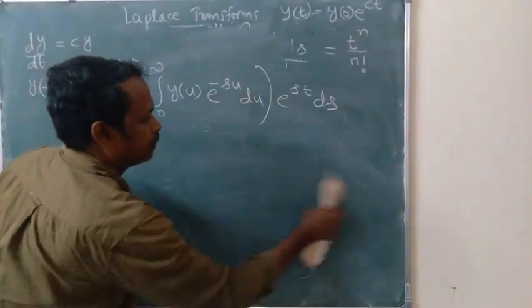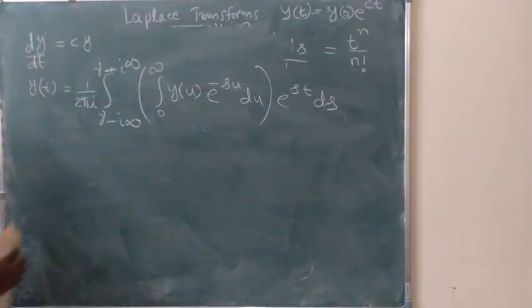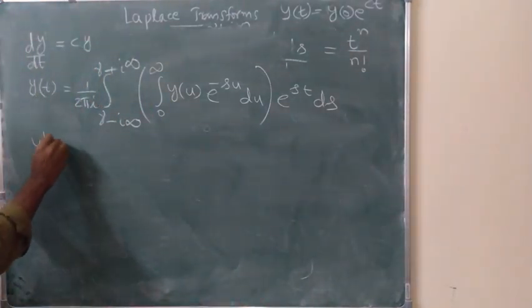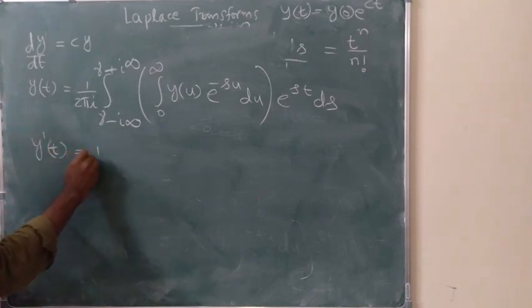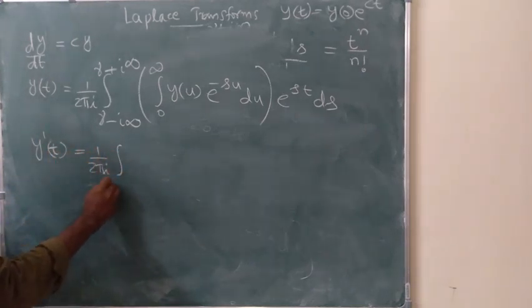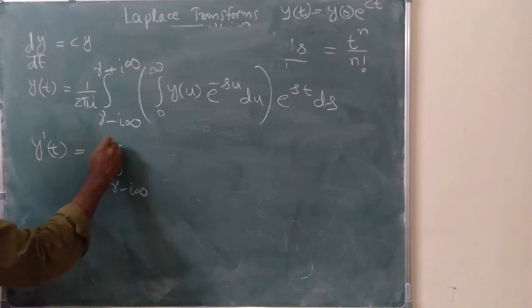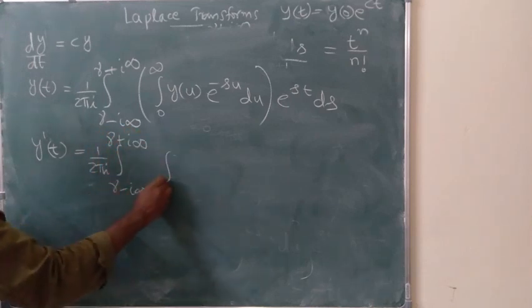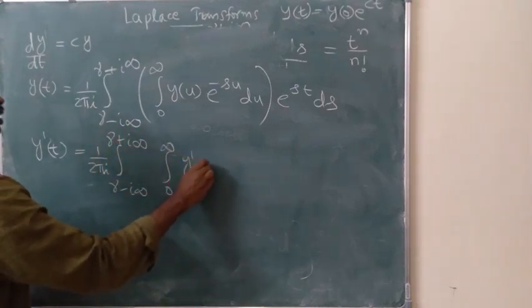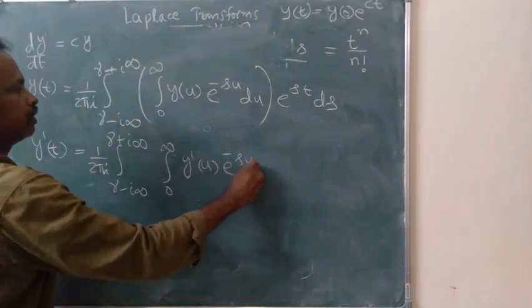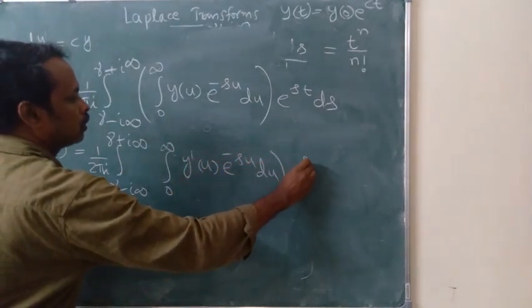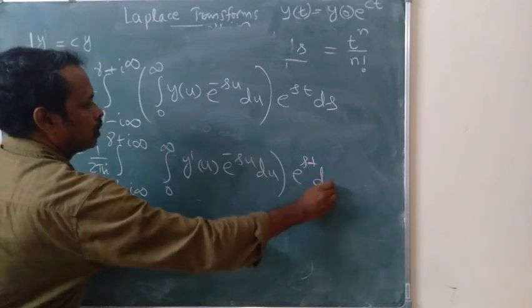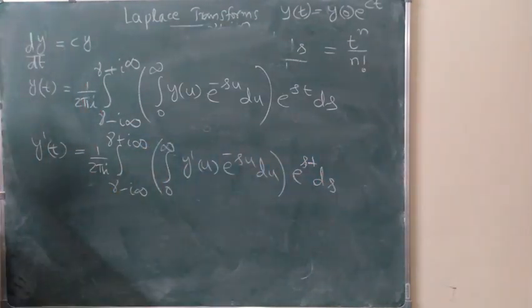Okay. Now similarly, one can have the representation of y dash t, which is dy by dt, as 1 by 2 pi i integral from gamma minus i infinity to gamma plus i infinity ds. Okay. Now here we will apply integration by parts and we will obtain